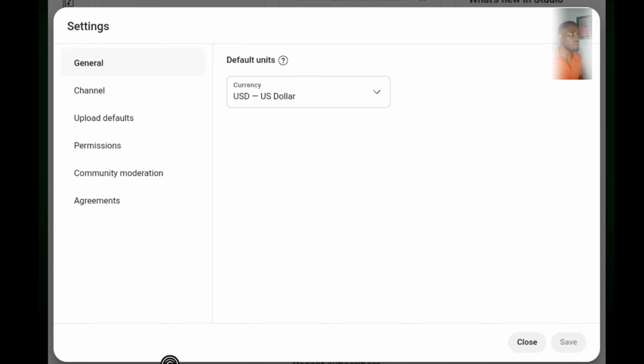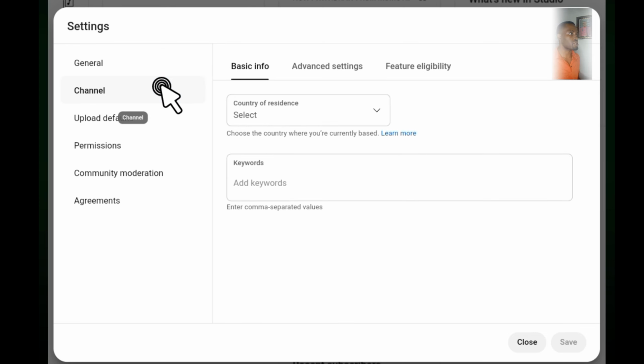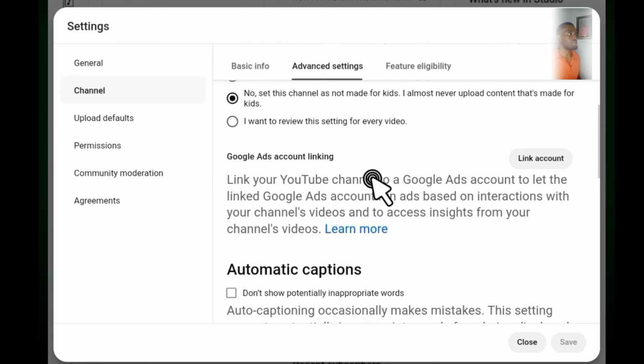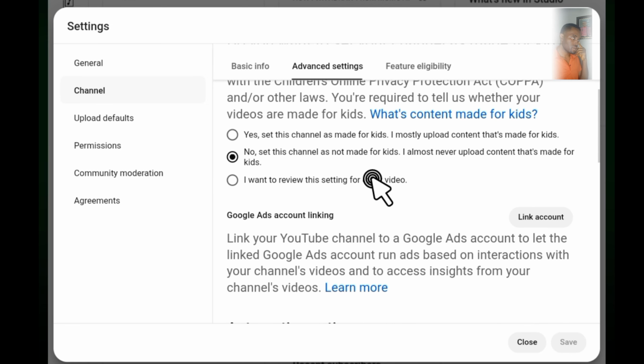When you get to settings, the first feature I will be particular about here is your channel. You tap on your channel. In Channel, you see basic info, advanced settings, and feature eligibility. The first thing you tap on is your advanced settings. Under your advanced settings, the first feature we'll be talking about here is setting your video to